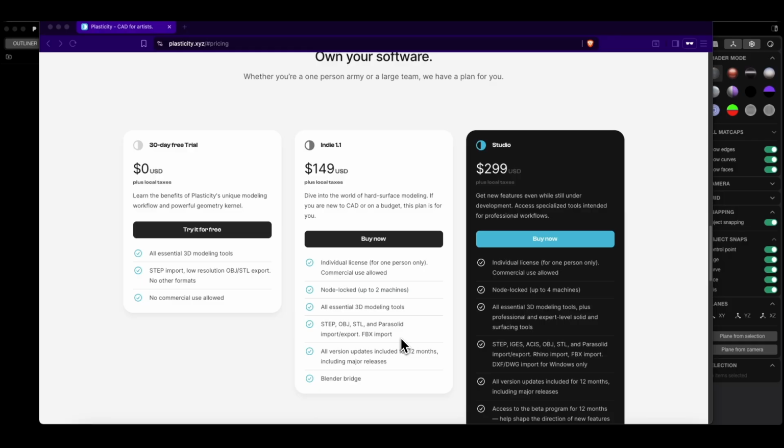So if you decide that Plasticity in its current state suits you and you don't need new features or updates, you don't need to renew the license. Of course, renewal is slightly cheaper than the full license price. I will get to that in a moment, but here I would like to talk about the differences between the indie and studio versions. And as for the indie version, we have